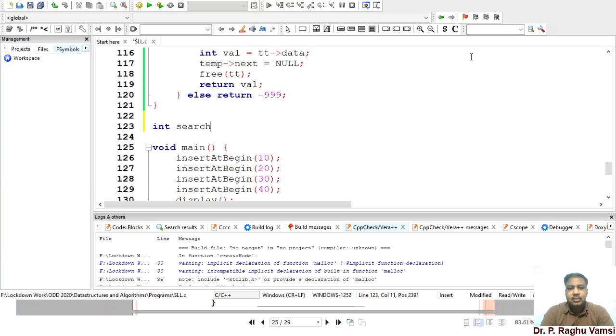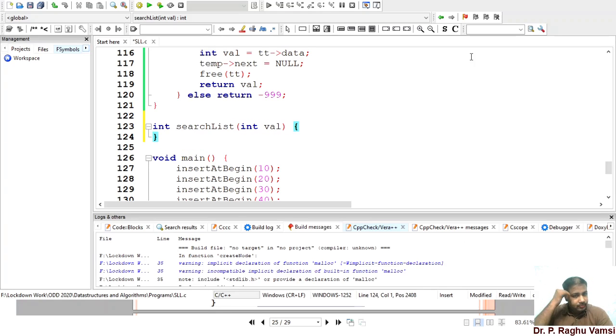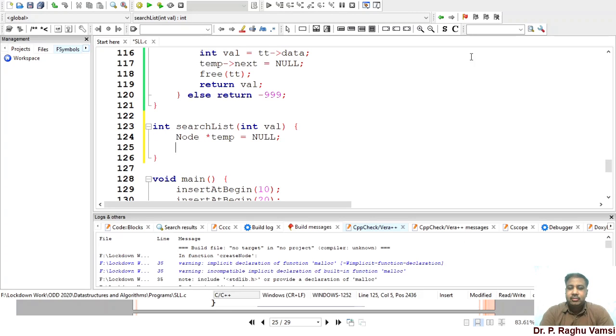Search list. So int value, for what value we are supposed to search. As already seen, we need to use a temporary node first, node star temp. Currently you initialize it to null, and searching is possible only if the list is not empty. If not is empty, then you can search it. Then temp is equal to head,